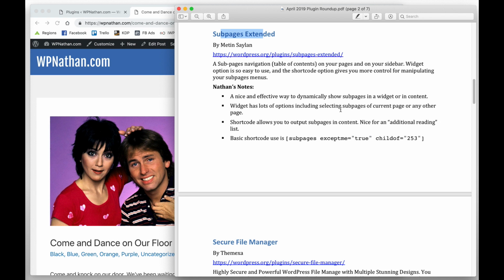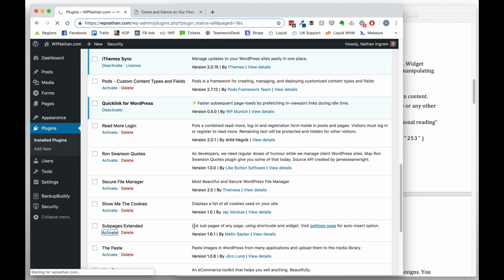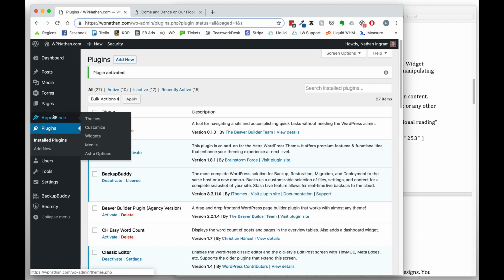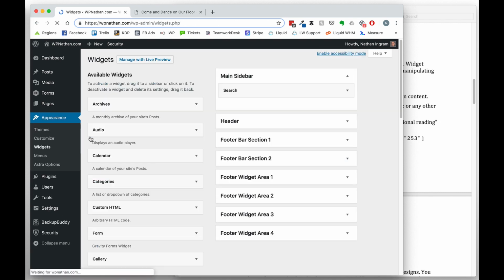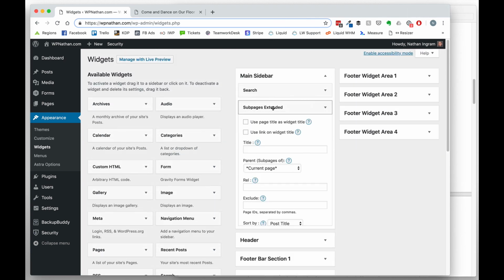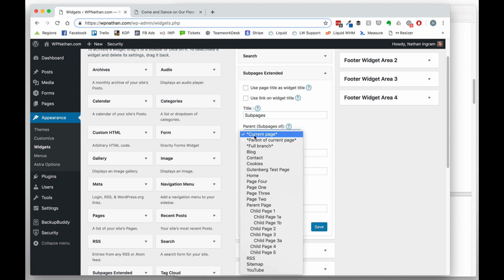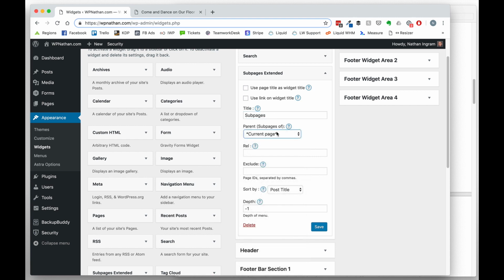There's several plugins in the WordPress directory that do this. This does it very nicely. So let me activate this one, Subpages Extended, and let us go to widgets and drop in the widget for Subpages Extended. I'm just going to put it here in my main sidebar, and we get a ton of options. So I'm just going to call the title Subpages,